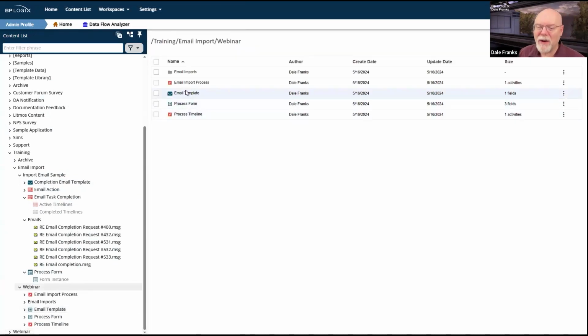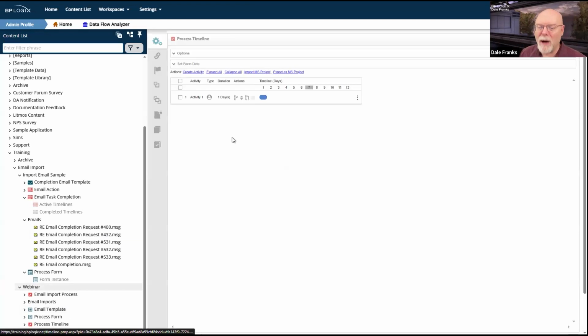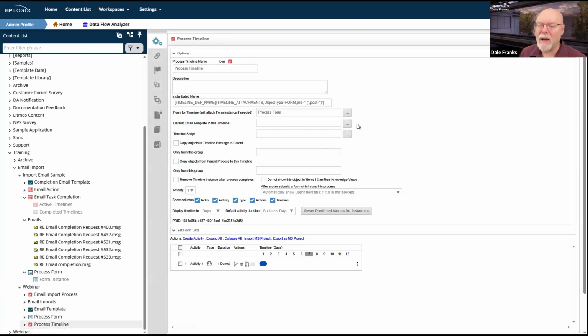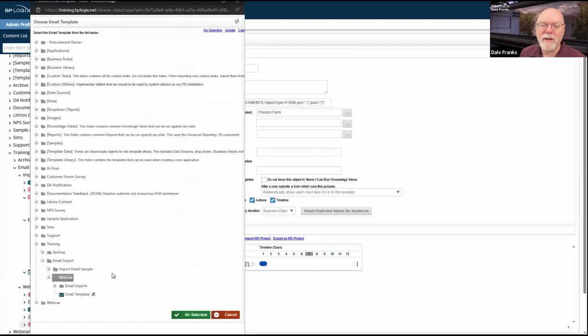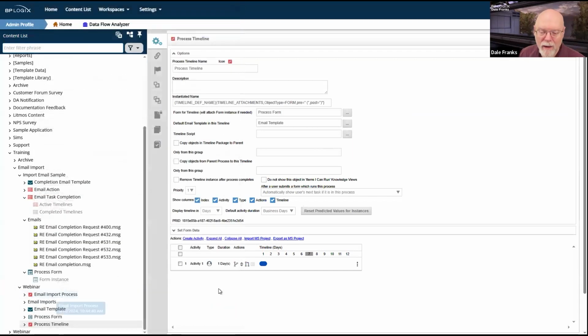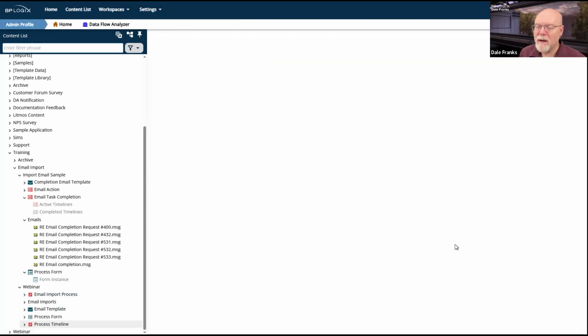There we go. There's my email template. It is set up. Now we can go to my process timeline. We can go into options and I can set the default email template for this timeline. And we should be set to run it.